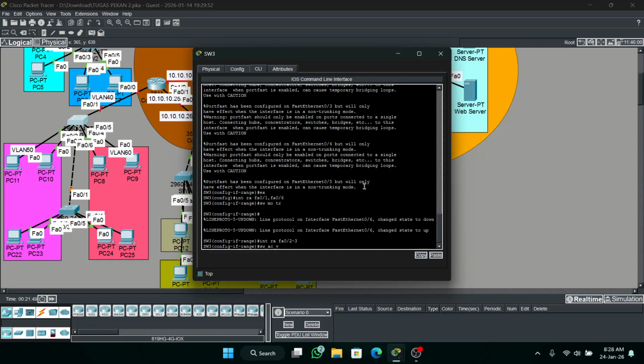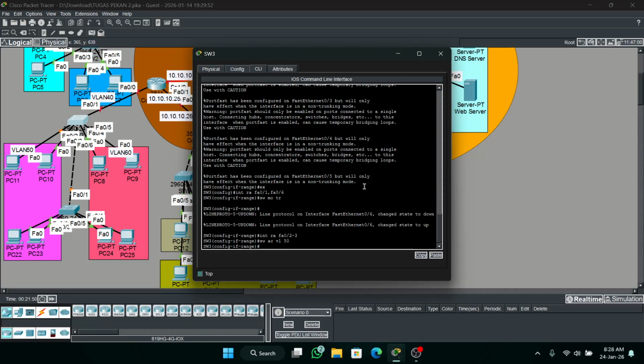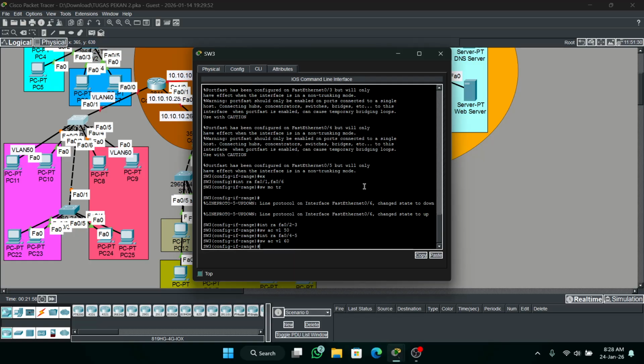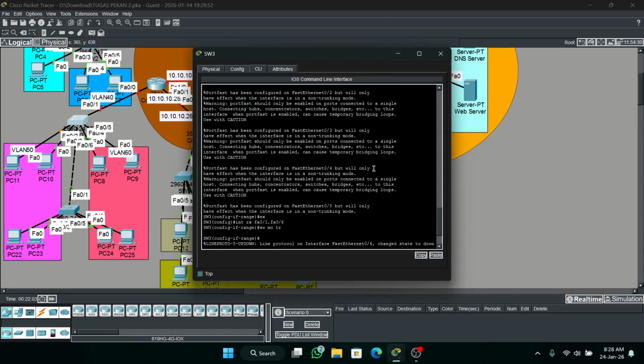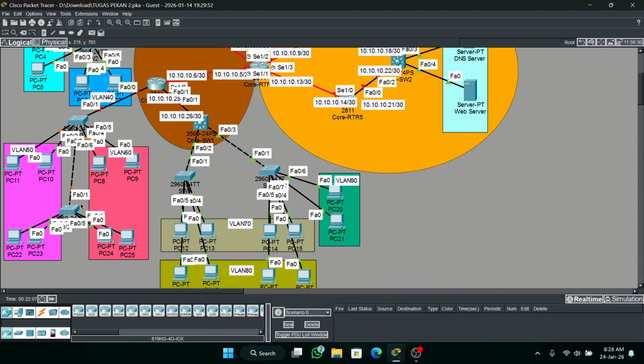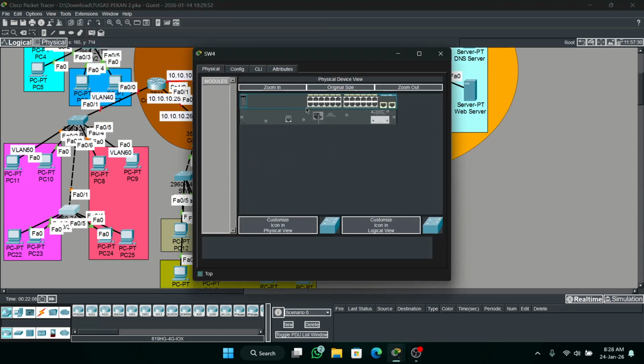Switchport access vlan 50. Okay. Then next interface fa0/4 until 5, switchport access vlan 60. Okay, I think that's finished.